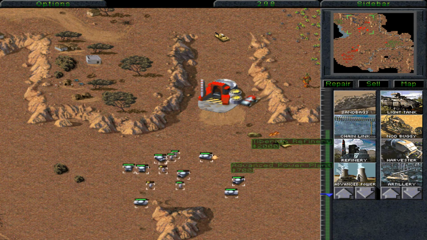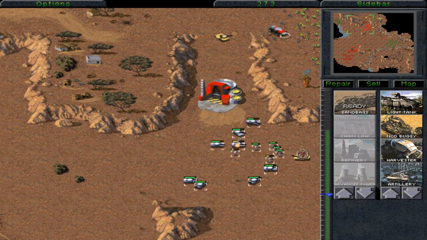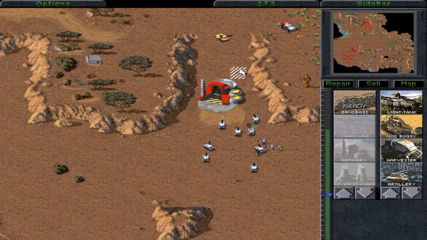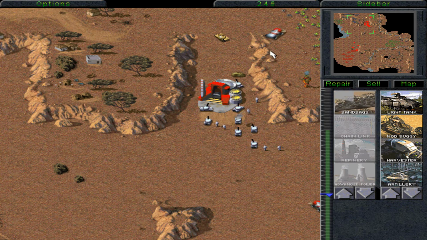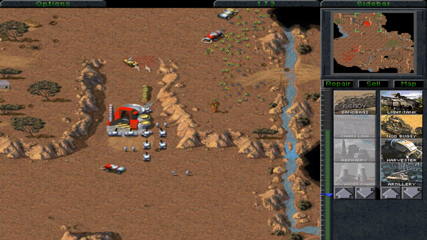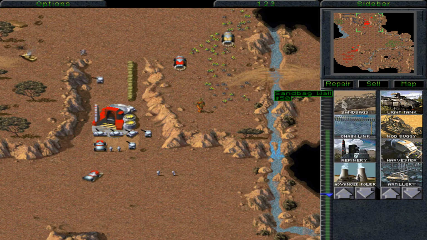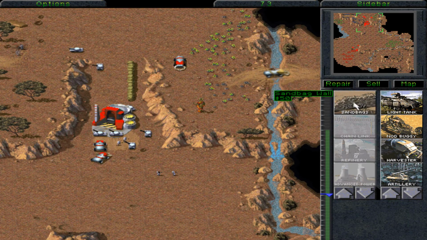So where I put my refinery is close to where you deploy the construction yard as part of the speedrun strategy. And the speedrun strategy basically does what I'm doing now from the very, very beginning, which is just crawl up with walls,